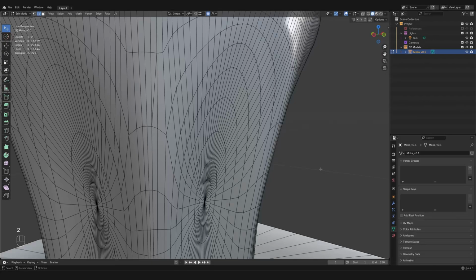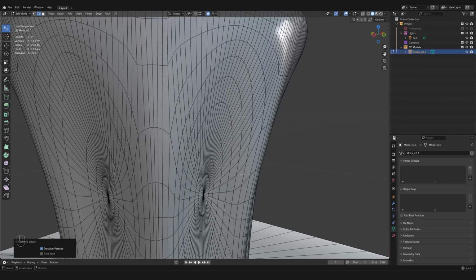Two of the most common applications of this technique are when you have a situation like this, for example, where you have two triangles that need to become a quad. So you could select the diagonal edge, dissolve it, and now you have a clean quad. Or